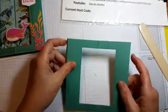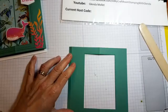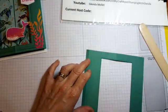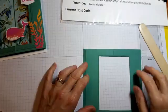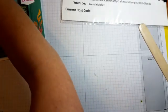Okay, so I know that this is the way it's going to go. So I'm going to take my pencil and I'm just going to make a little mark on that edge that's going to be glued down to tell me which is the top. All right, so now I'm going to take the glimmer paper